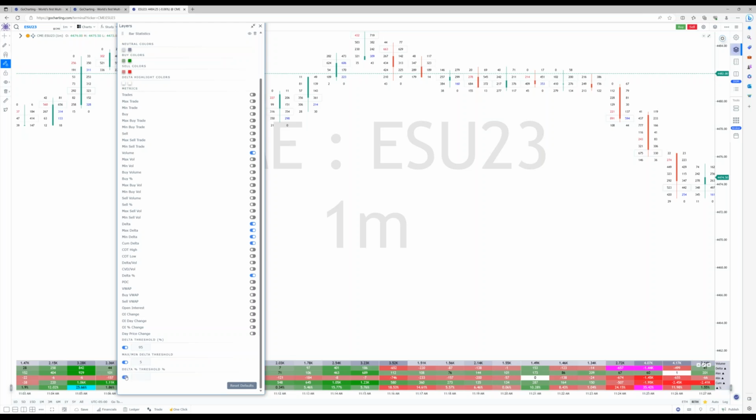Now delta percentage threshold, default is set to 25. But again, you could adjust it. Say you want to set it to 20, a slightly lower number. Again, default is set to 25, so that's why some of these numbers aren't appearing. But here, set it back to 25. You can see 24 is not showing, but 35% is over here on this side,